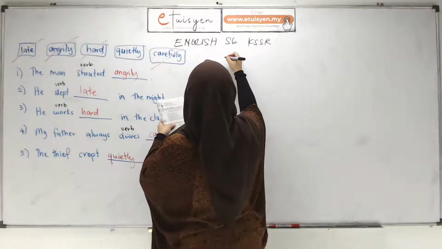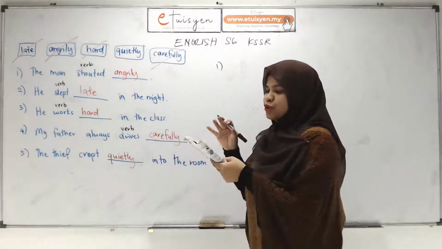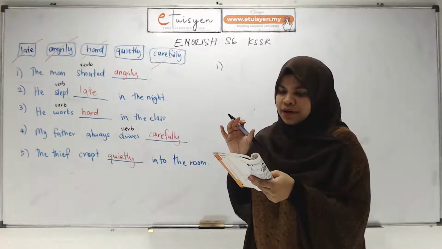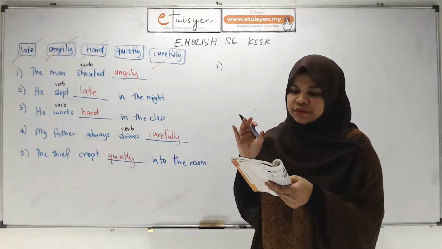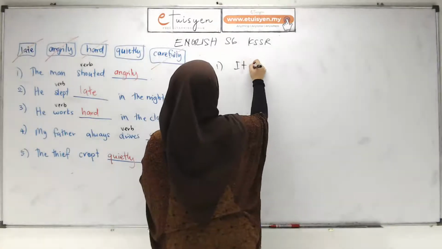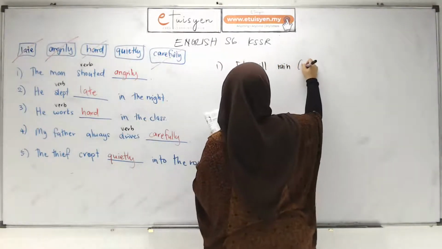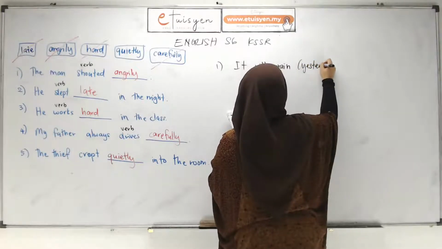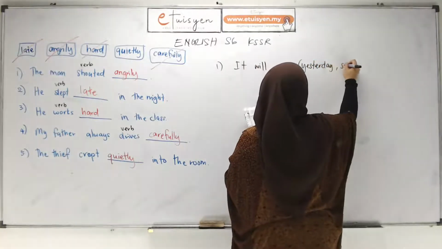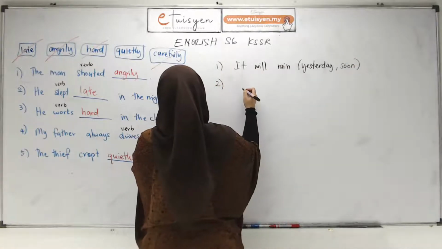Okay, so here, this exercise, what you need to do is choose which one suits the sentence, okay? So here, it will rain. Okay. To